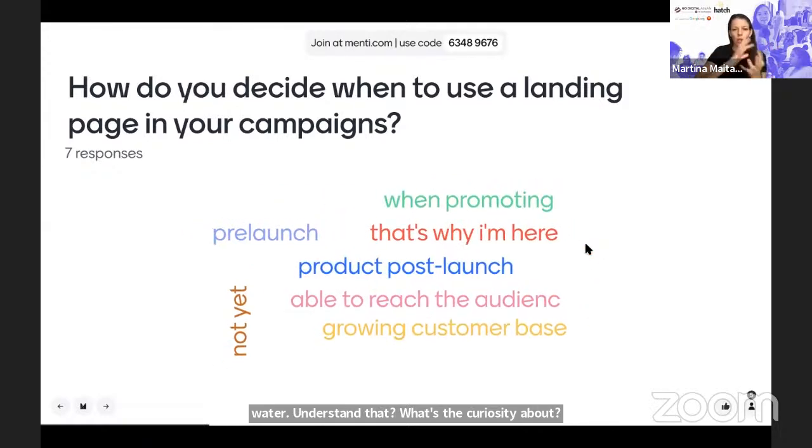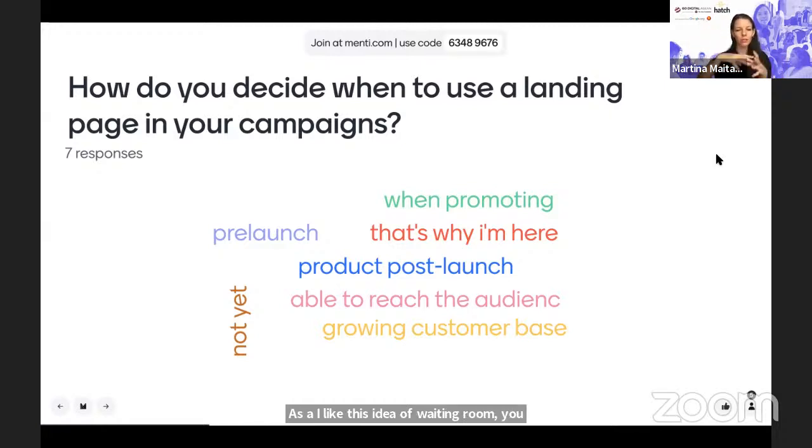Okay, so when we are about to launch the product, we can collect the people in a kind of waiting room, right? So people are there to be ready to be amazed. Let's call it that. Be ready to purchase something that they wanted for a long time. We can also push into this curiosity, the need to be the first, you know. So a landing page can be used as, I like this idea of a waiting room,